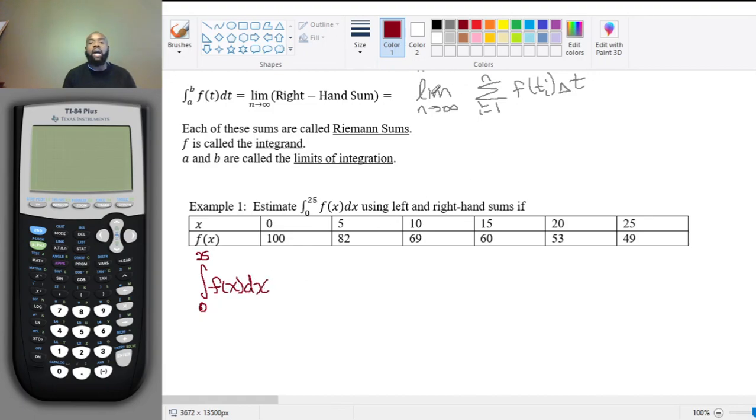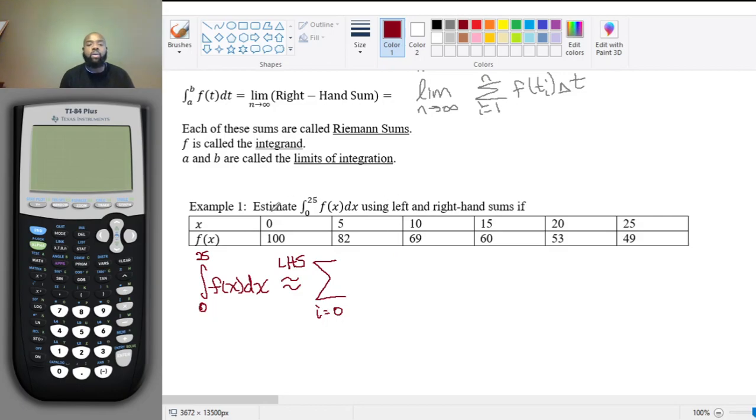It equals our left hand sum and right hand sums when they're going to infinity. I'm going to do my left-hand sum. Of course, we can't do an infinite number of rectangles when we're given a table of values. And so I'm going to use my Riemann sum here, but I'm going to estimate it. I'm going to have i equals 0,